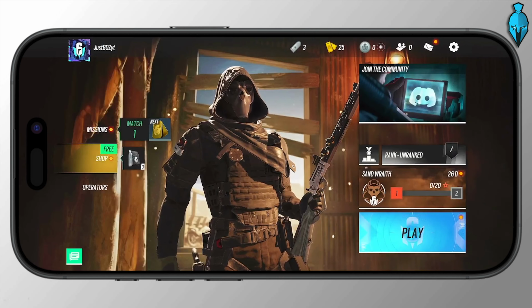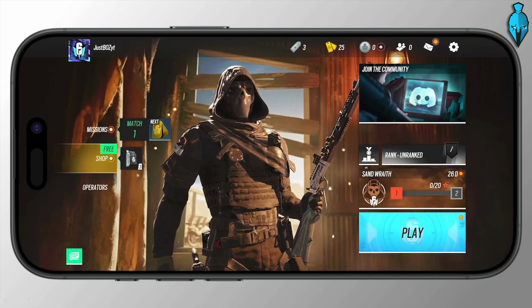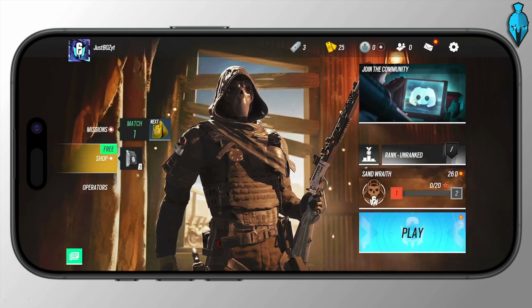In this guide, I'm going to show you how you can toggle or untoggle the ADS button here in Rainbow Six